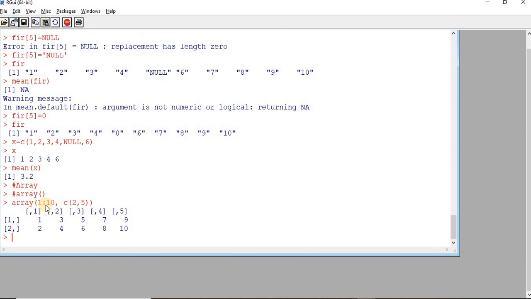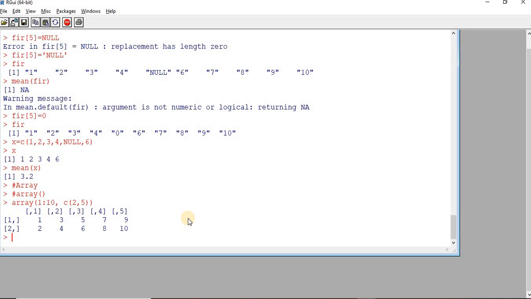Okay, so first parameter is what is the data that we have to put in. The second parameter tells you how many rows and how many columns are required in order to create this array. So here we have 2 rows and 5 columns. You can also see that in these arrays, the data is plotted in column order, column wise. 1, 2, 3, 4, 5, 6, 7, 8, 9, 10. Right? So by default the values are plotted column wise.